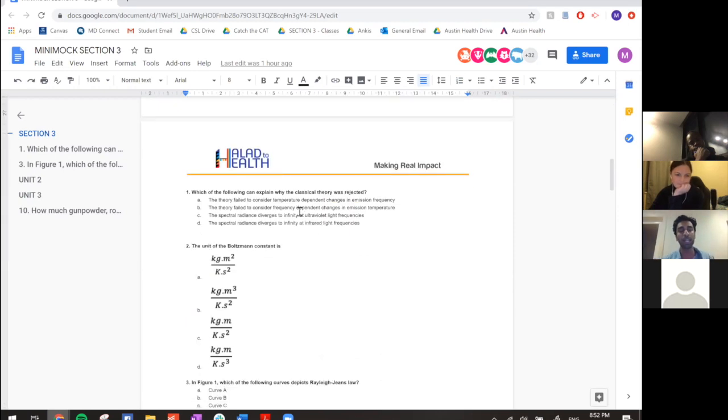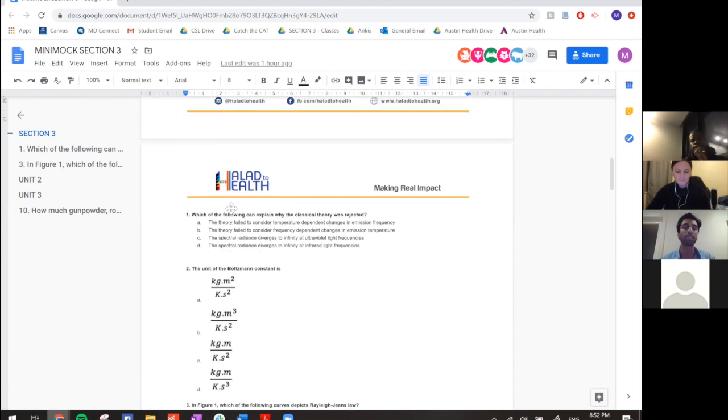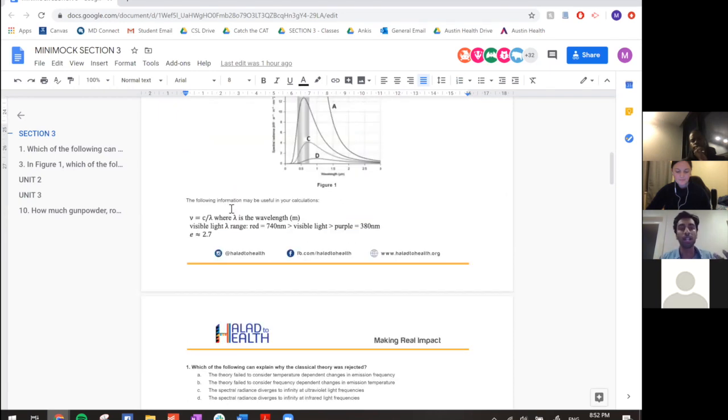So we can see that there's kind of a pairing in that C and D are referring to how spectral radiance diverges to infinity at particular wavelengths or frequencies of light, so ultraviolet and infrared. And then A and B is referring to a failure of this theory to consider temperature-dependent changes or frequency-dependent changes. So if we look at comparing